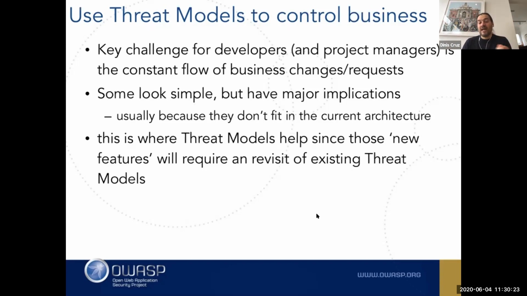The problem is that the system was not designed to handle private data. So suddenly, when you add the postcode, you have personally identifiable information. The threat model to capture a postcode versus capturing where you clicked and what you've done on the page was very different. So once we started listing everything you need to add to their system to be able to handle private data, to encrypt the data, manage it, de-anonymize it, protect it, and make sure that one user cannot get data from somebody else, even the business manager went, oh, maybe that's not a good idea. So it's a good example of using the threat model to show, look, my threat model looks like this, and with your feature, it looks like that.